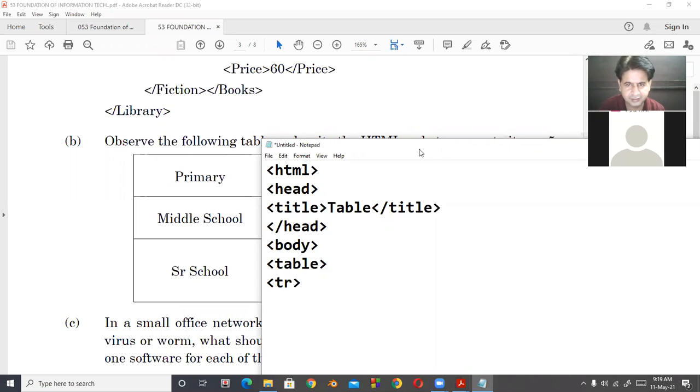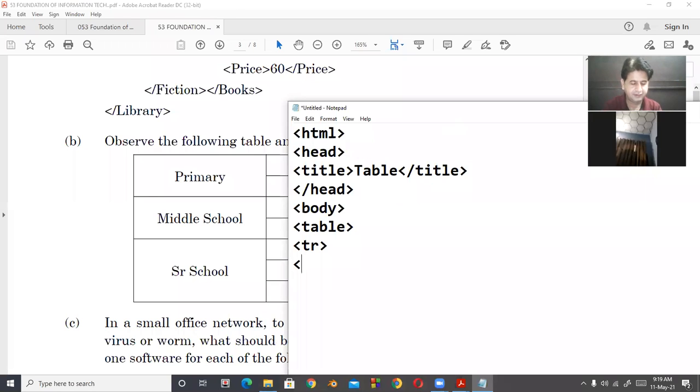In this, we have total 2 cells, but first cell spans vertically. So this is row span. So I'm taking here TH because your data is centralized and I think it is bold.